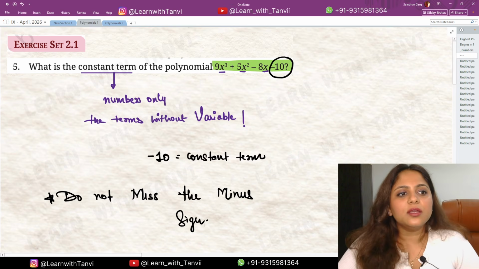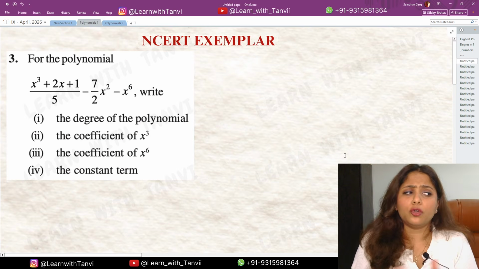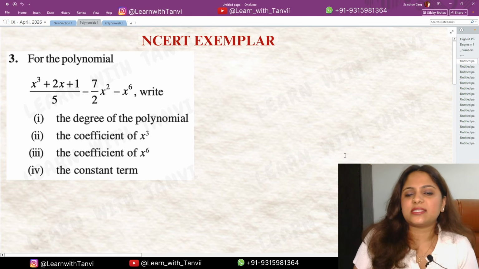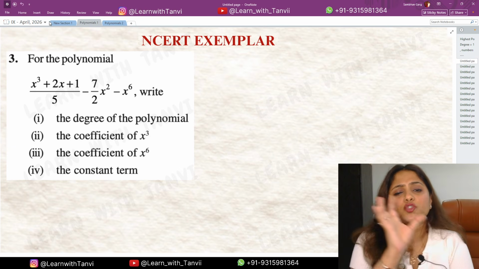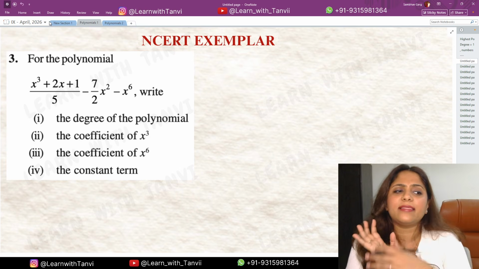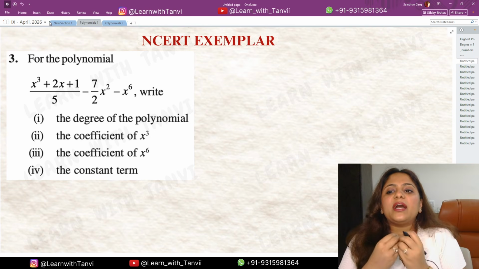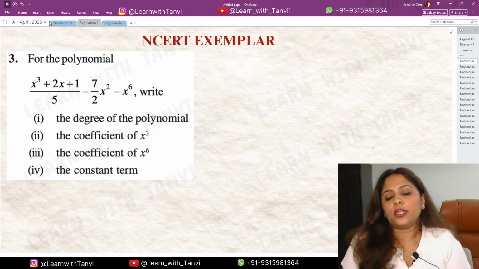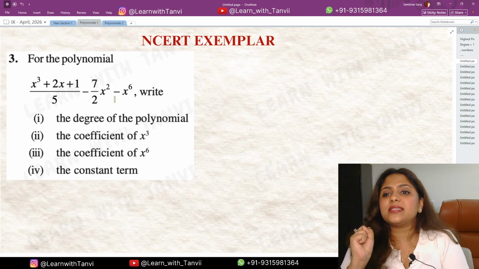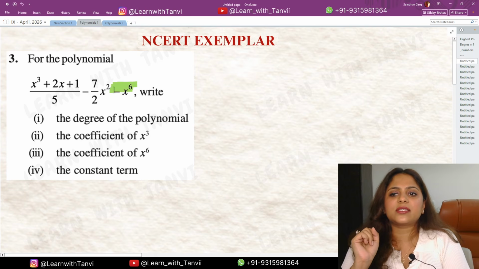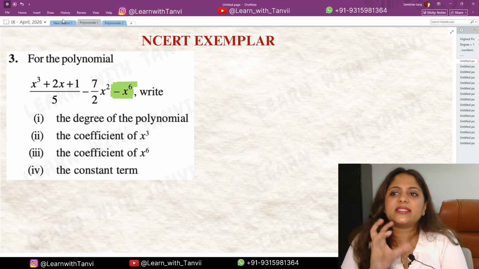Understood? Clear? So what have we studied till now? Let's do this with question. It's a very good question. And this is how CBSE gives you the questions in the exams. ठीक है? सिखाते वो ऐसे हैं जैसे छोटे बच्चों को फर्स्ट सेकंड क्लास को सिखा रहे हैं, and then they give you the questions of higher level. So for example, this question. First part is that what is the degree of the polynomial. ठीक है? डिग्री क्या है पॉलिनोमियल की? डिग्री is the highest power. तो I can see that highest power is this. Correct? x की पावर 6, यहाँ पे 3 है, यहाँ पे 2 है, तो x की पावर is 6.